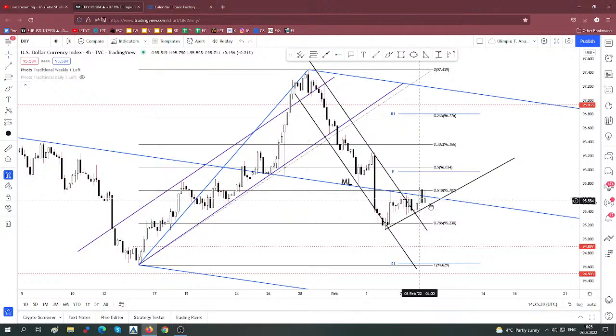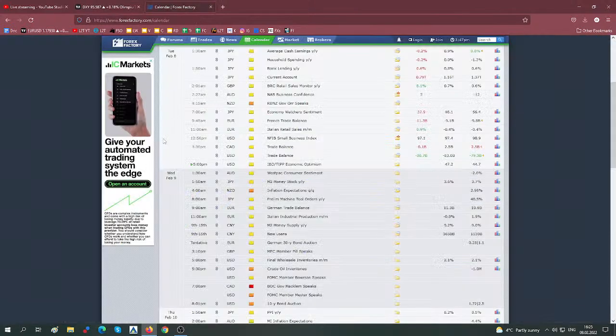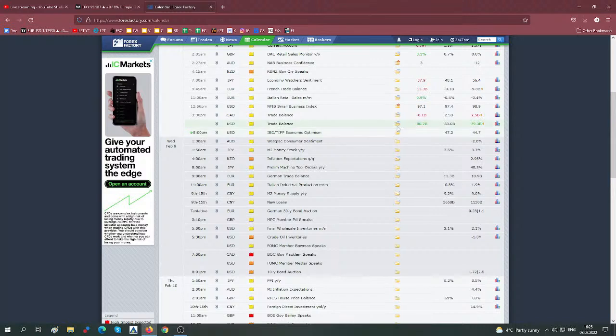So it remains to see how the dollar index will react here, because earlier the US trade balance was reported better than expected, but